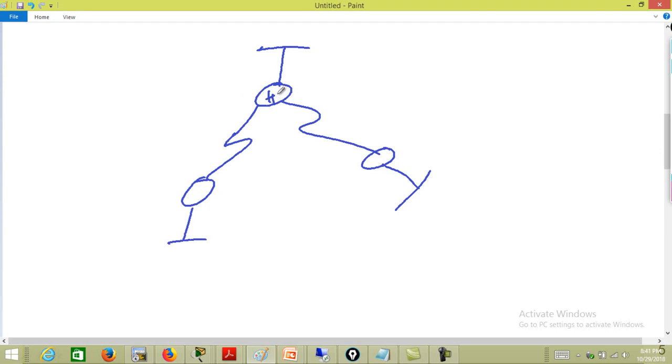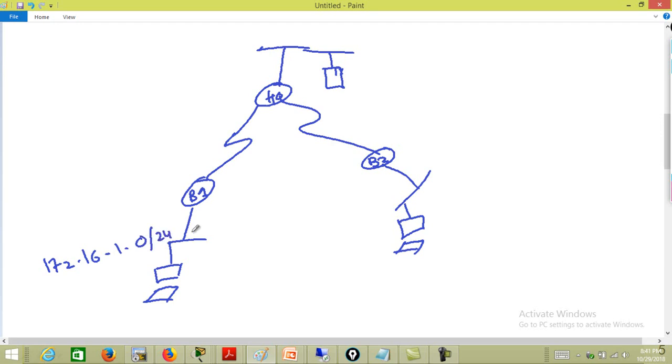So let's say this was the HQ that has some server here, so let's say this is branch 1, branch 2, and here now you have your clients at the branches that are accessing that server. Now say this one is 172.16.1.0, let's say a subnet, and then here you have 172.16.3.0/24,